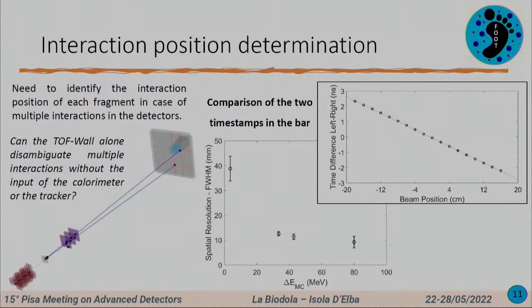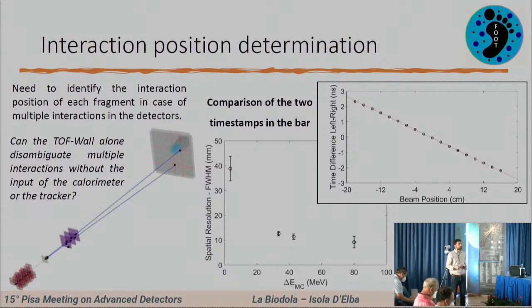So we investigate also the capability to determine the interaction position on the detector. Of course, if we have just one ion, it's straightforward, since there is just one bar on each layer that is triggered. But if we have more than one ion, we need to disambiguate all the possible intersections between the bars. We can use the information of the other detector, but we verified here that the TOF wall alone can disambiguate these multiple events